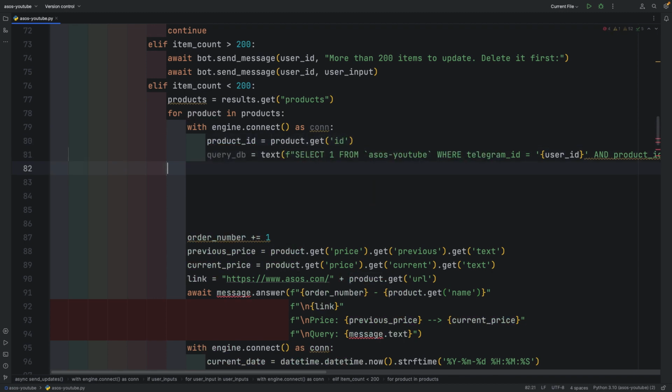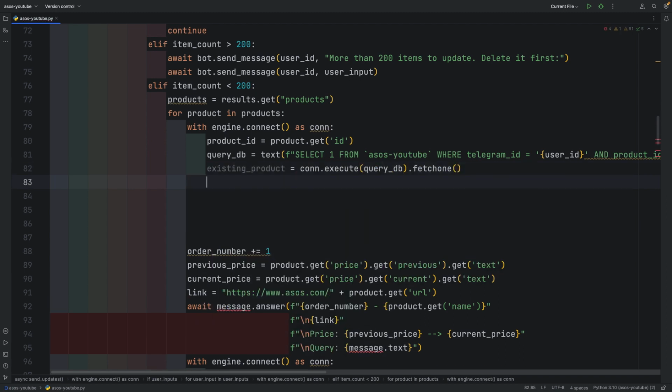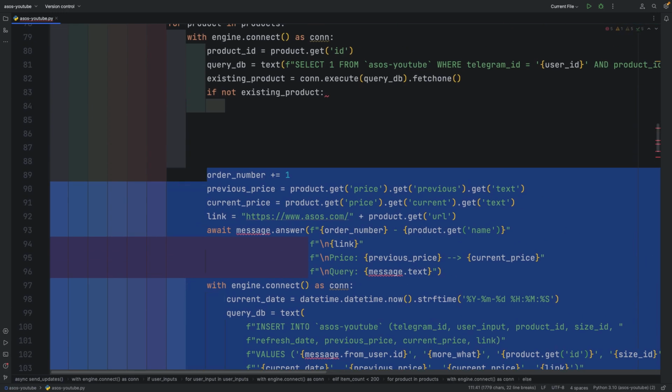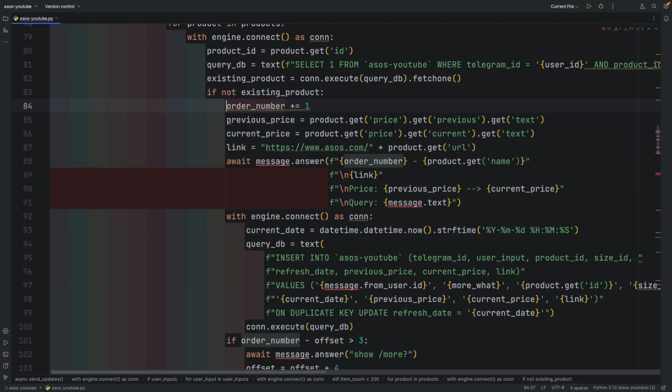The result of this query, let's store in variable existing product. And if this product doesn't exist in our database, then we are gonna output it. So let's paste our remaining code here. We are gonna count this product, get its previous price, current price, and link, and output this product details.